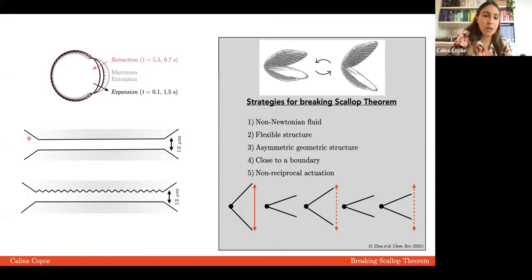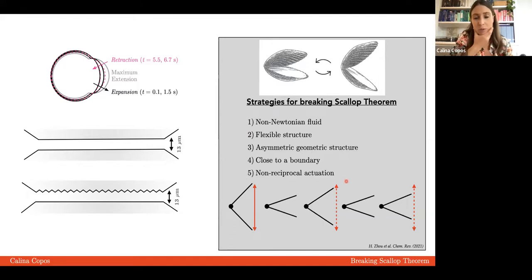Sure, we could build an actual elastic channel, but there's experimental evidence that cells do move in serrated channels. So rigid serrated channels as well as just rigid straight channels. So those two experimental papers are kind of at odds with each other. Okay. So not really worth revisiting the boundary condition, but we did think a little bit about this flexible structure and